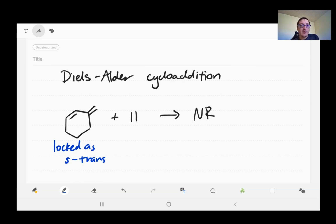Remember, normally a single bond can rotate, right? And so with a normal alkene, yeah, we can just go ahead and throw it into S-cis conformation. But with something like this, where it's locked in one position or another, we're going to see that that will greatly affect the reactivity of your diene towards a Diels-Alder reaction. So something that is permanently in the trans conformation will never react for Diels-Alder. And the reason for that is because we need, for a Diels-Alder,